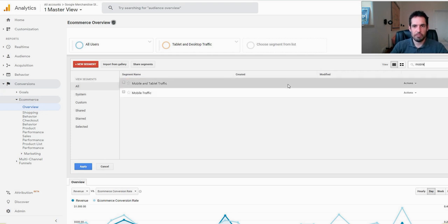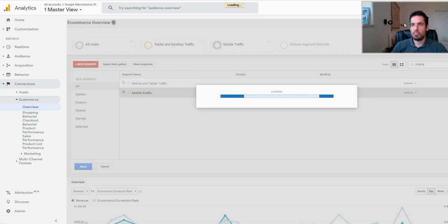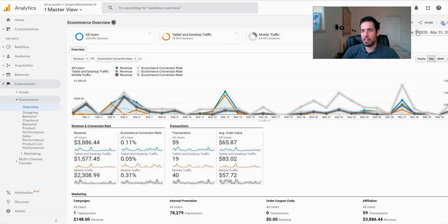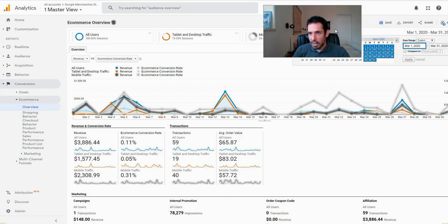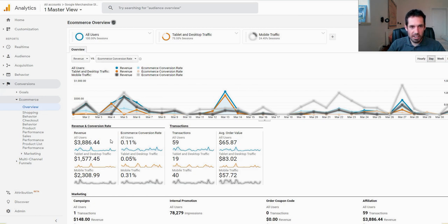Mobile. This is what I spoke about before. Let's do last month. Okay, cool. So as you can see here, you can see the average order value and conversion rates and amount of transactions